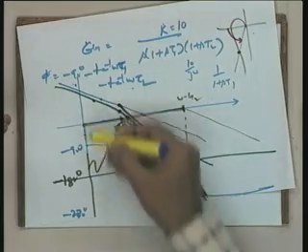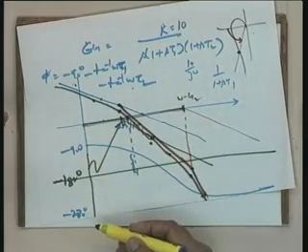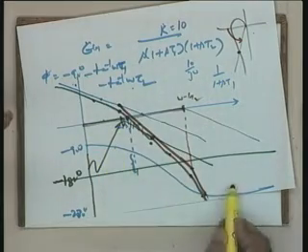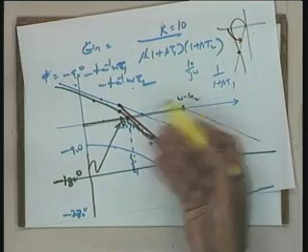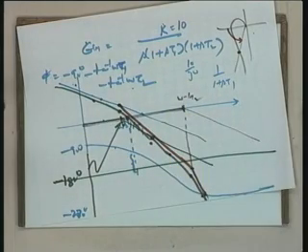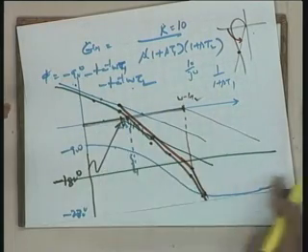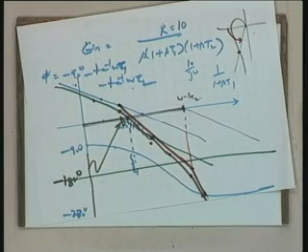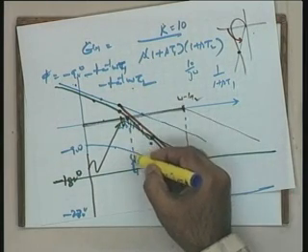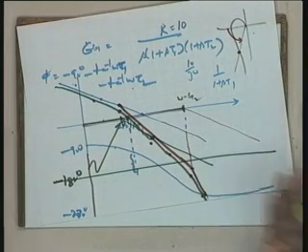This is my vertical axis as far as the phase angle plot is concerned. And what are the different points here? Instead of taking the straight line asymptotes, because they are going to give you a lot of errors, you make a couple of calculations in between and draw a rough plot that gives you the phase angle plot. And at the gain crossover frequency, if I calculate the phase angle, this is the phase margin.